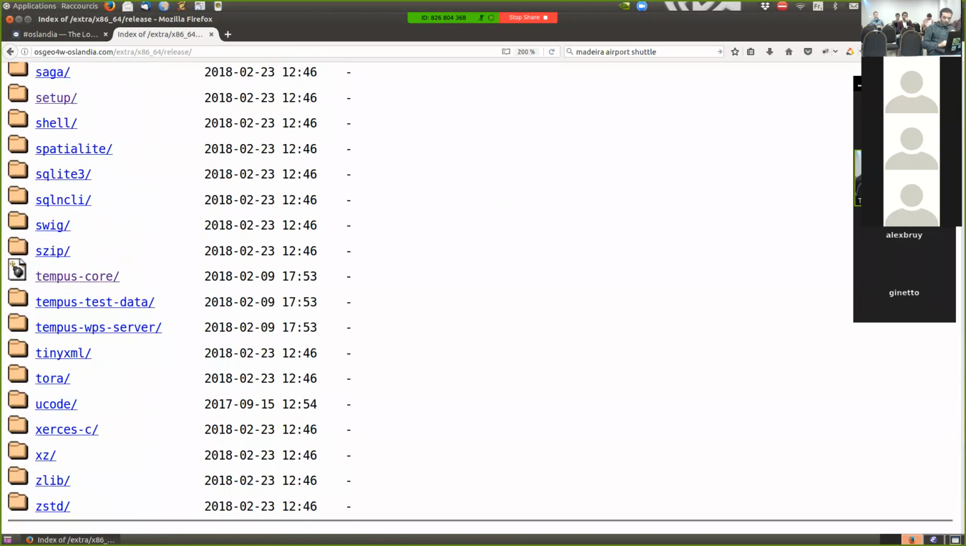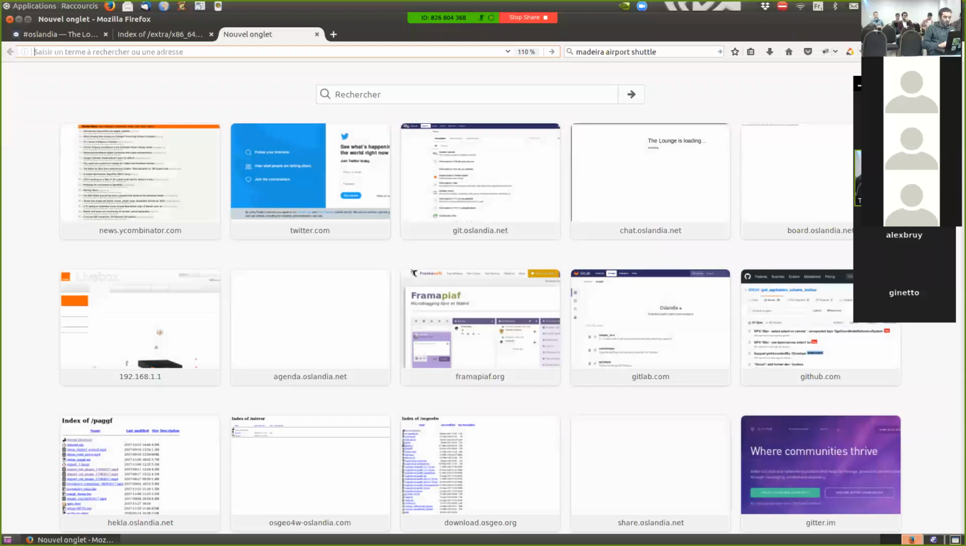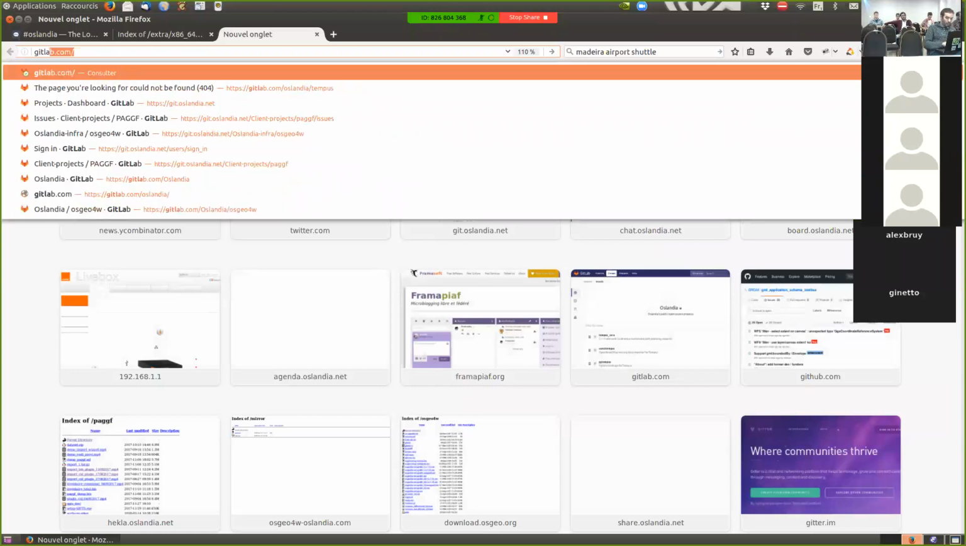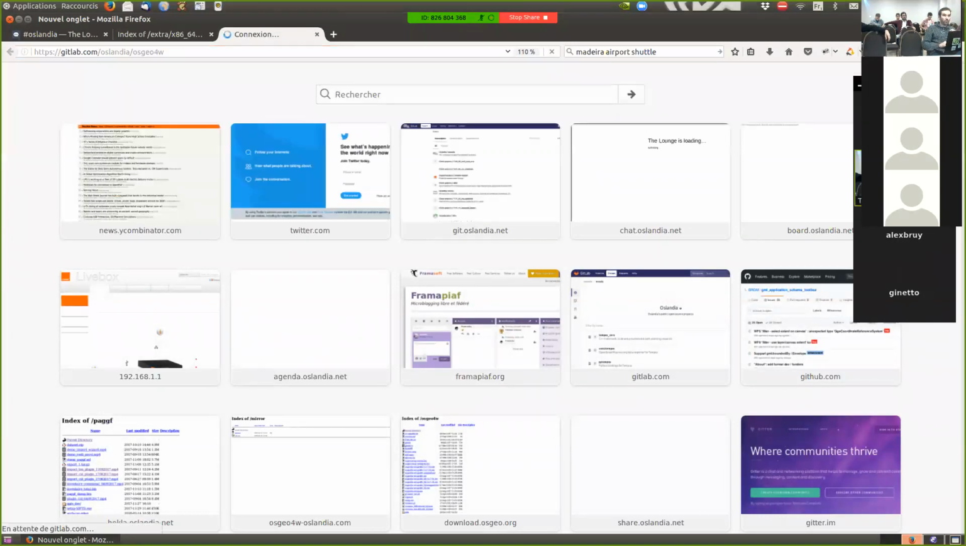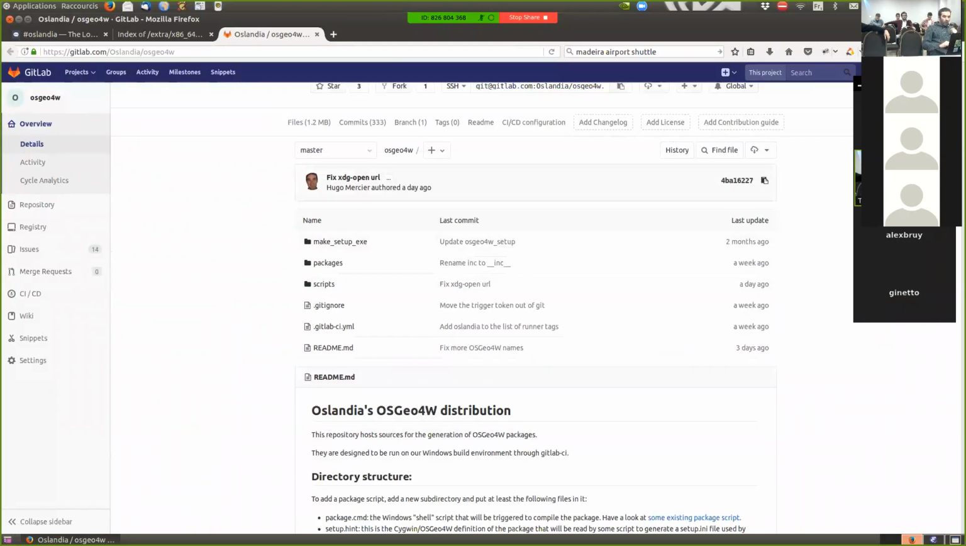So the second part of what we've done is this nice continuous integration architecture based on GitLab. So let me show you a little bit what we have so far. On the gitlab.com Oslandia group, we have a project named OSGeo4W, where we have